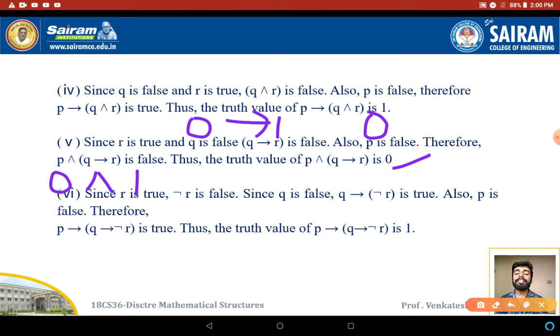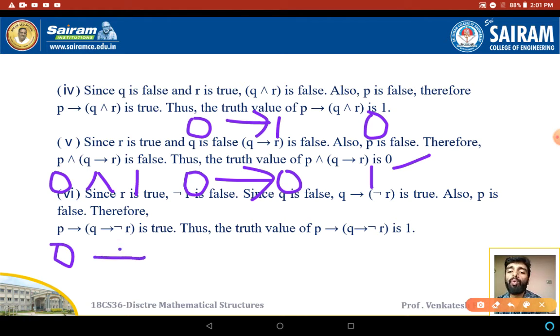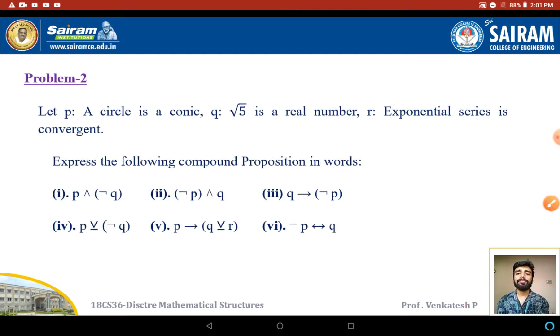The last statement is P implies Q implies negation of R. So first I am going to estimate the value of Q implies negation of R. The truth value of R is 1. The negation of R will become false, that is 0, and Q also 0. I am going to apply the logical connective in between 0 and 0. So the truth value will become 1 here. Now I am going to put the statement that 0 implies 1, since the truth value of P is 0. Obviously it is a true statement only. So therefore I can give the value of P implies Q implies negation R will become 1. This is true.